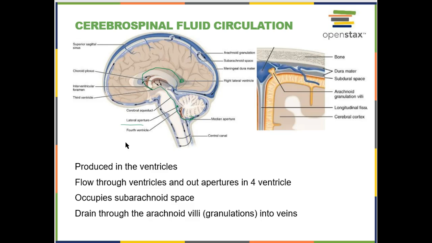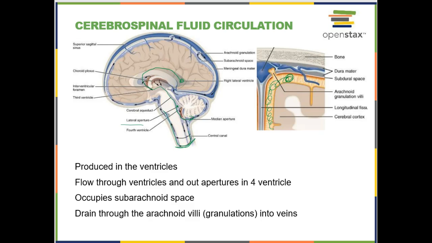Really, it's primarily in the subarachnoid space because the arachnoid tissue pretty much butts right up against the dura. So it's in this space here, the subarachnoid space, where you find the cerebrospinal fluid outside of the brain and spinal cord. So it can go down and around the spinal cord